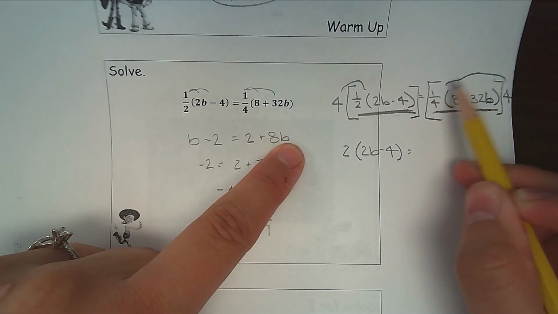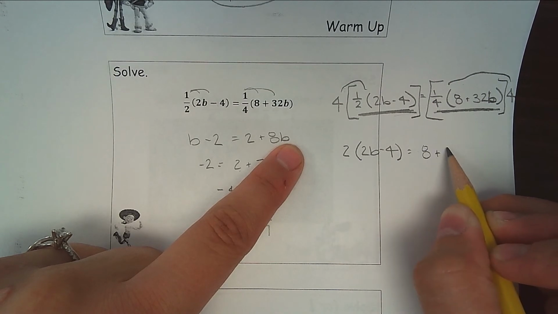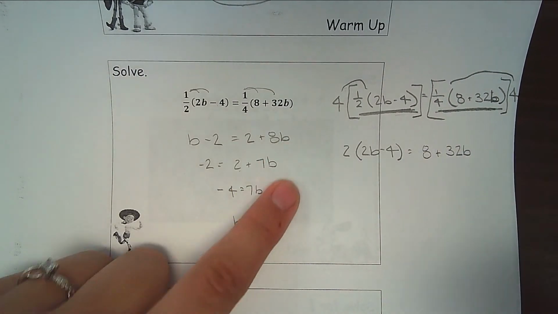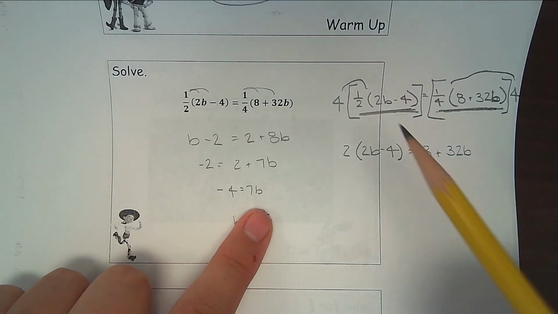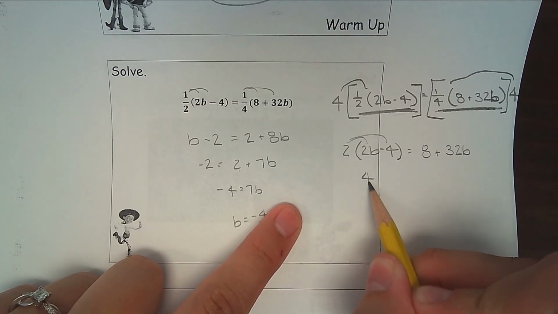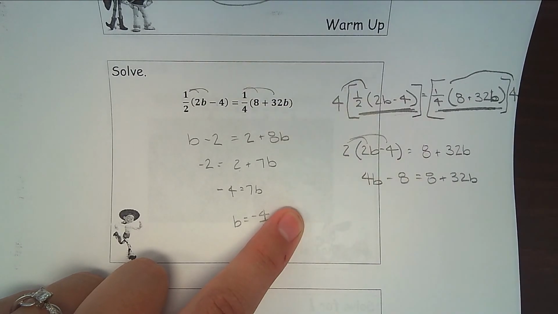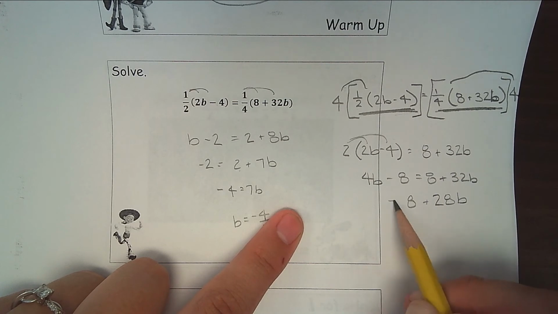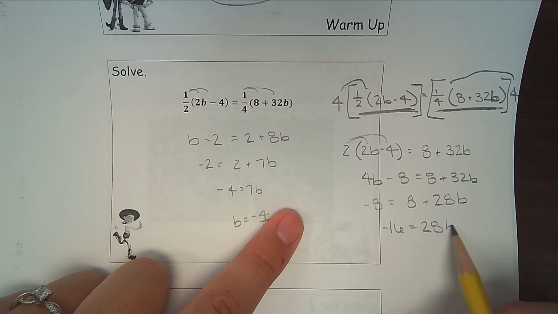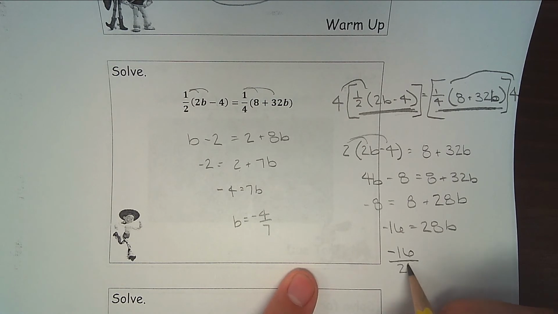Need to do the same thing over here. 4 times 1/4 is just 1. I don't need to write that because 1 times anything is itself. And now I need to do some more distribution. I'm going to subtract the 4b from both sides. Subtract 8 from both sides. And I'm going to end up with a negative 16 over 28,